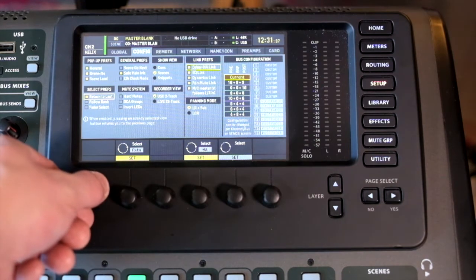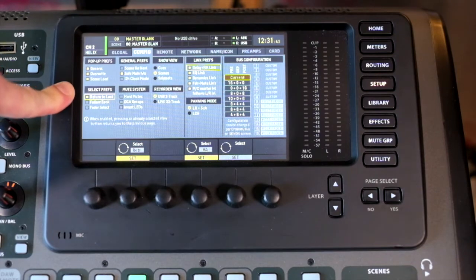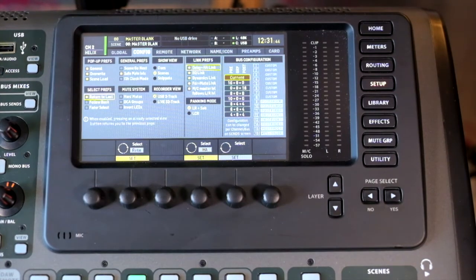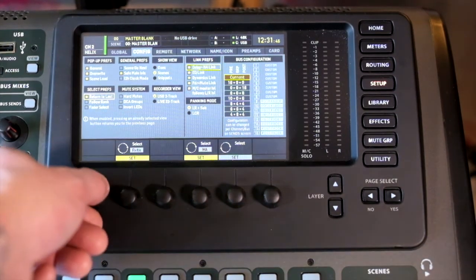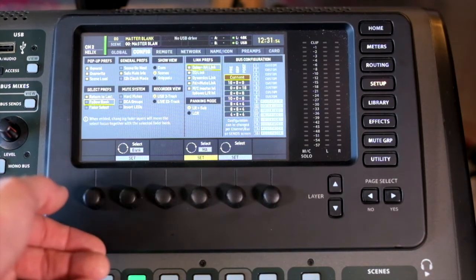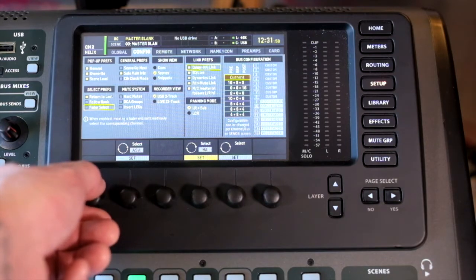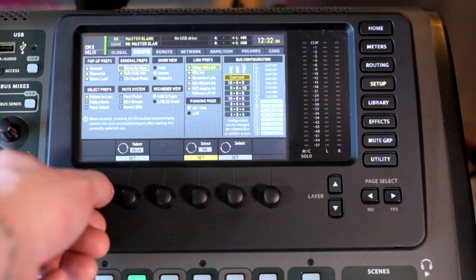Then we've got the select preferences, so if you're selecting stuff you can return to the last, which enables you to return to the previous page that you were on. You can follow the fader layers, or you can have the fader select. So the general preferences,